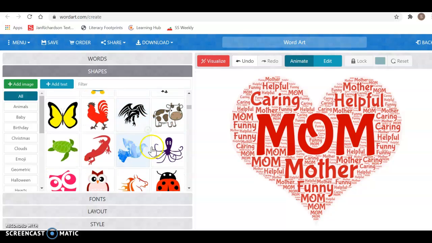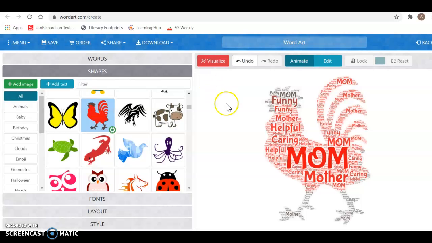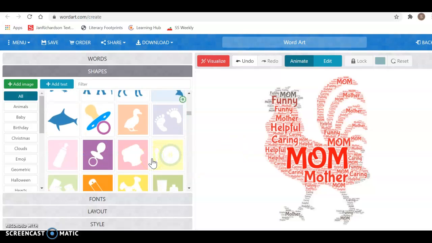Maybe, I don't know, there's one student on campus and they've got like a lot of chickens and roosters at their house, and the mom like loves their rooster, and they have like chicken and rooster decorations in their kitchen. And so she did a rooster. So if I click that and I click Visualize, then you can see what that shape will look like. So a lot of different options, guys, but I just want to give you a quick video tutorial on how